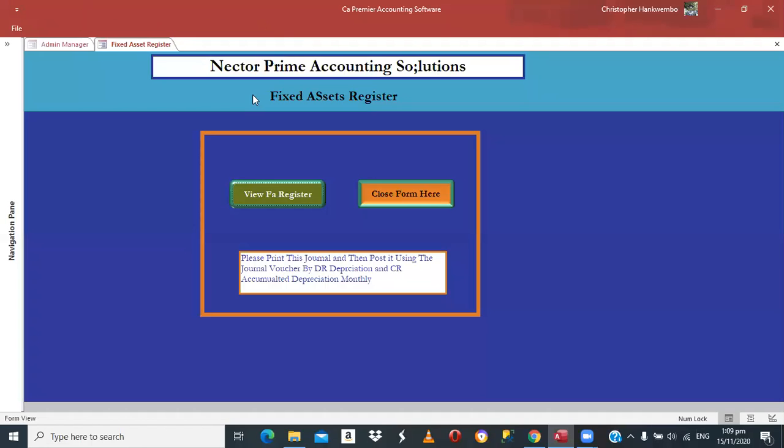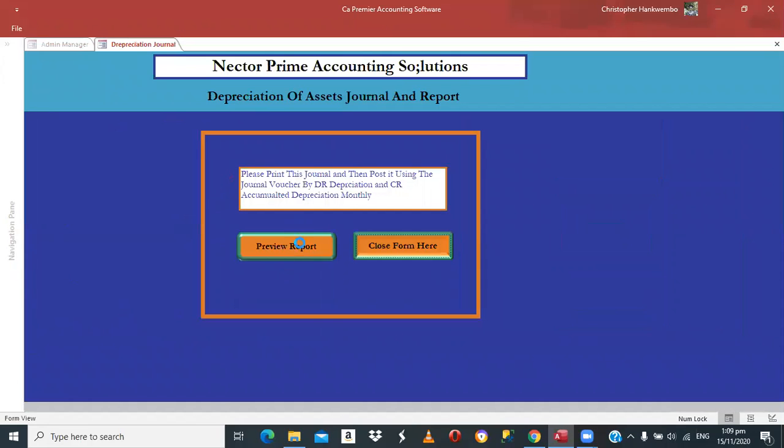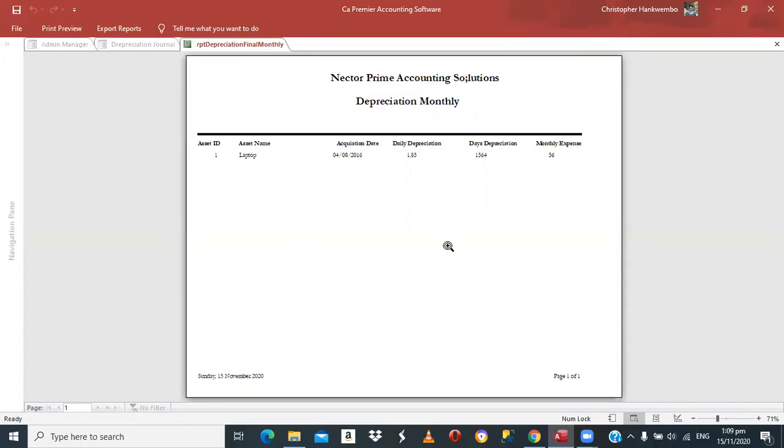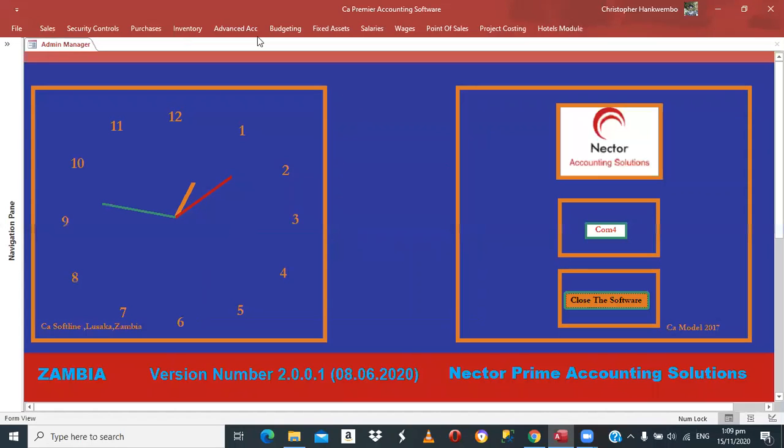Okay, close here. You want to look at depreciation? You go here, monthly depreciation here. Preview depreciation here. That's all. It tells you the month depreciation is there, so there's no big deal about it. That's all. Then the other thing which you might want to do in an event where you want to create an account which is not there, you can go to the advanced accounts, then you